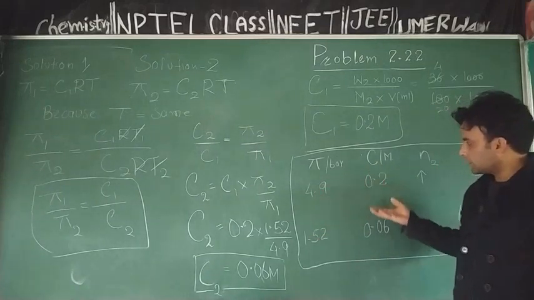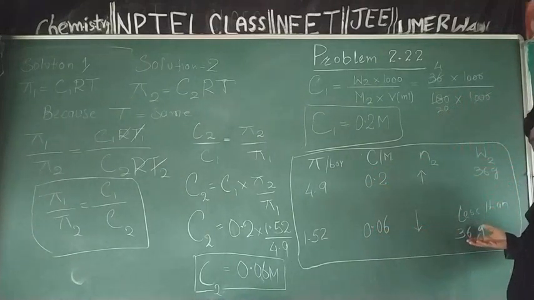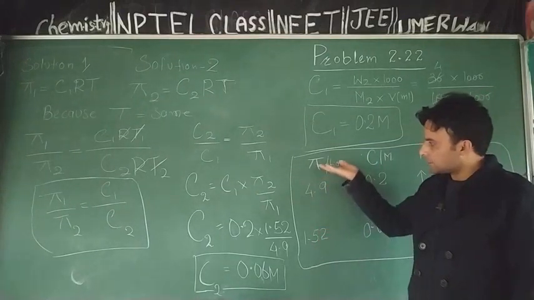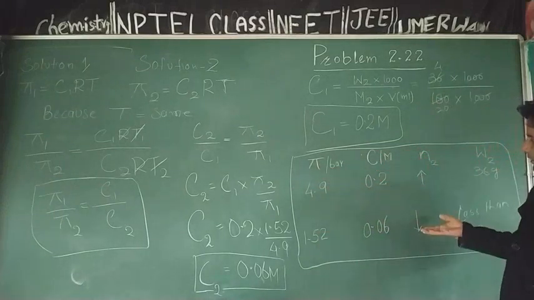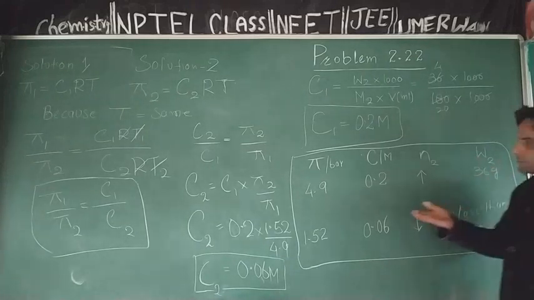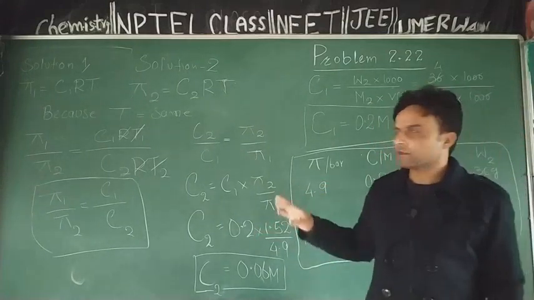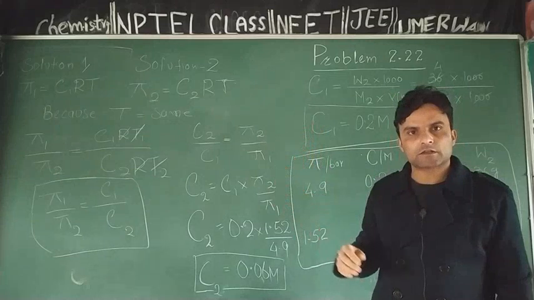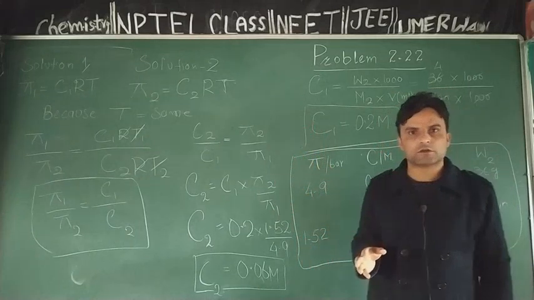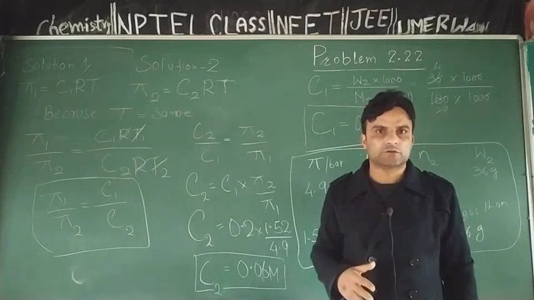Decrease in molarity of solution, or decrease in number of moles, or decrease in mass of solute in the solution will result in decrease in osmotic pressure, or increase in molarity of solution, increase in number of moles of solute, increase in mass of solute in solution will result in increase in osmotic pressure. Therefore, validating my starting statement that osmotic pressure is the colligative property of solution containing non-volatile solute.